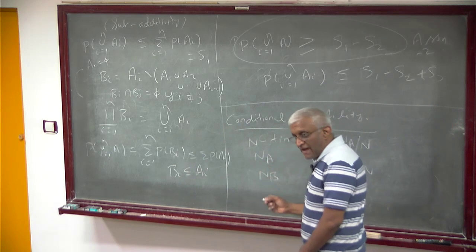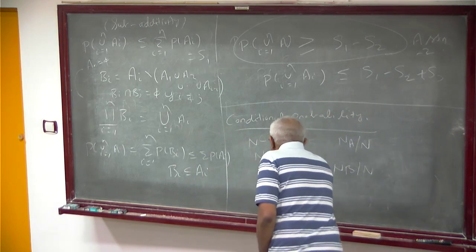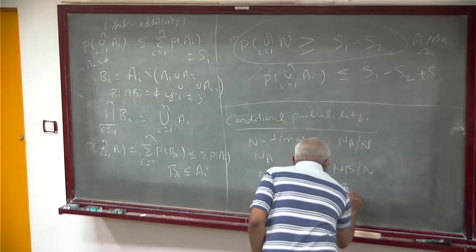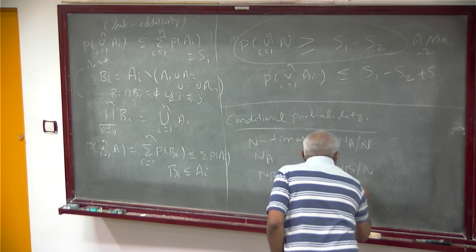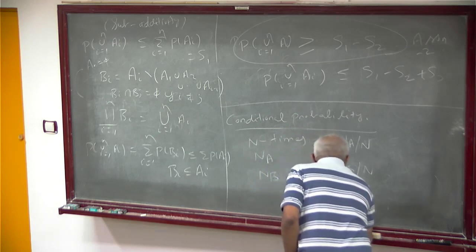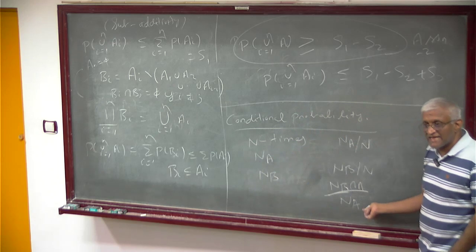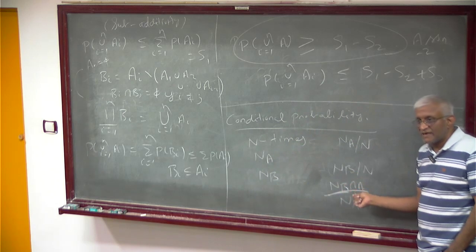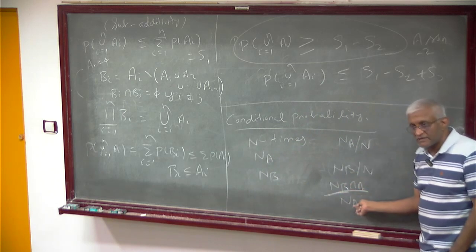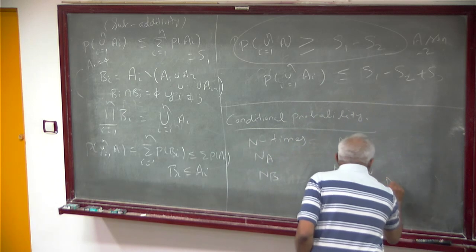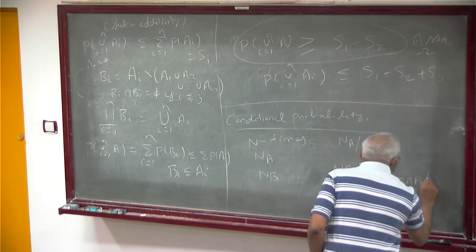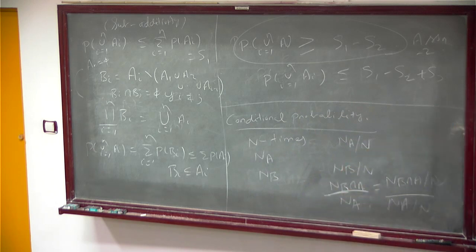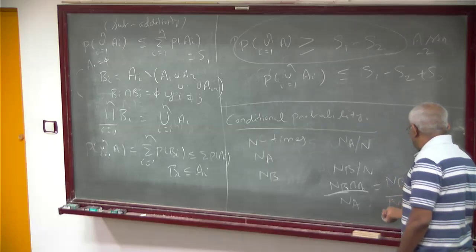But when you know A has happened, the probability of A will become 1. And the probability of B should become N of B intersection A divided by NA, right? If you know A has happened, among A, you count the B's, which is the intersection, and you divide it by the total number of A's. Okay? But this is actually equal to N of B intersection A divided by N, over NA divided by N, right? Which will be like the probability of B intersection A over the probability of A.